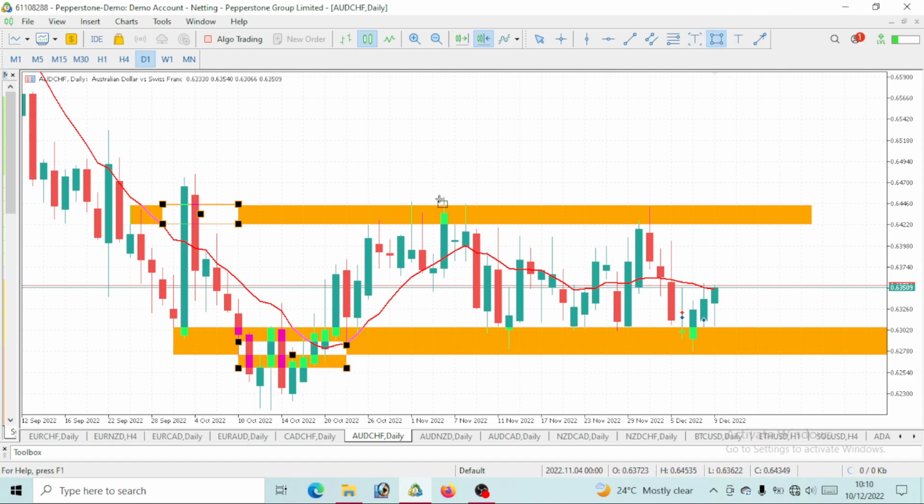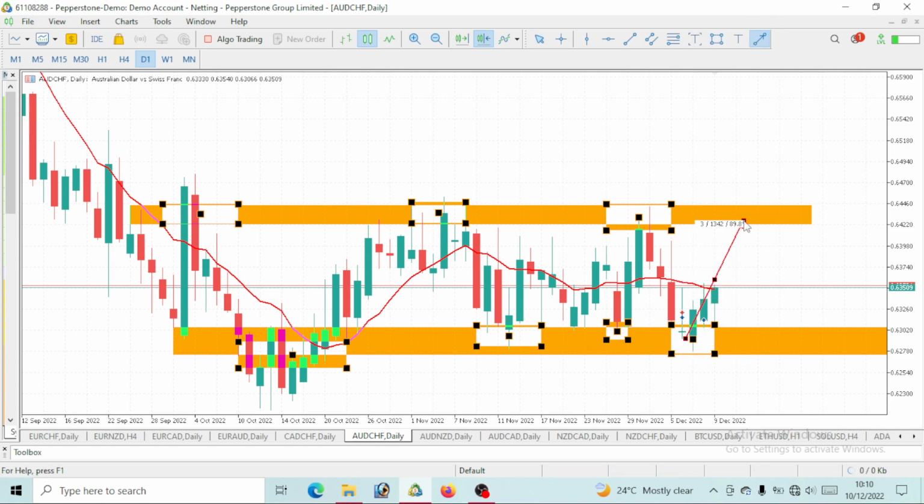One of the reasons why I've highlighted it, you see price came to this resistance again, and we saw a drop to this our support. Then again to our resistance, we also saw price drop to this support. Now you see that this price came to our resistance. Now it has dropped to our support. Of course, we'll be expecting this price to move further up to this our resistance level.